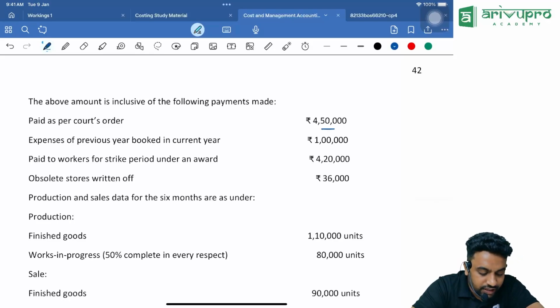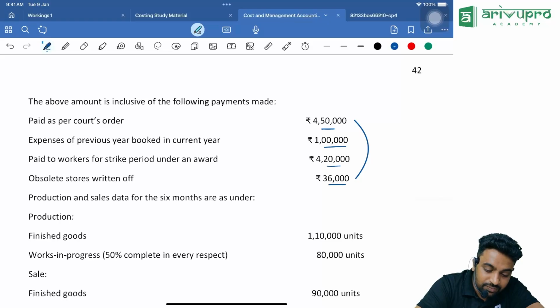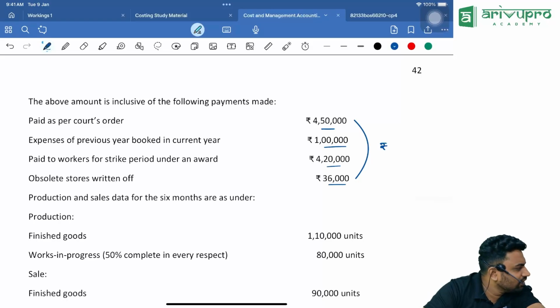The above amount is inclusive of the following payments made: paid as per the court order, expense of previous year booked in the current year, paid to workers for a strike period under an award, obsolete stores written off. All these are abnormal. We are going to exclude these from the actual overhead while computing under absorption or over absorption. Correct? May I know how much it is coming? Rupees 10 lakh